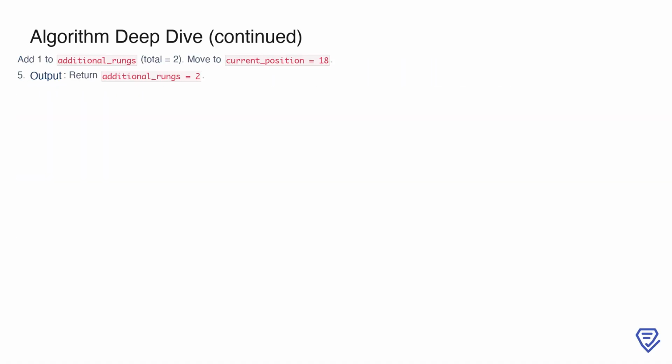The gap between positions 10 and 18 is 18 - 10 = 8. Since this also exceeds the climber's maximum reach of 5, we again calculate the extra rungs needed: ceil((8 - 5) / 5) = ceil(3/5) = 1. Adding one more rung increases the total additional_rungs to 2, and we update the current_position to 18. After processing all the rungs, the algorithm concludes, and we return additional_rungs equals 2 as the final